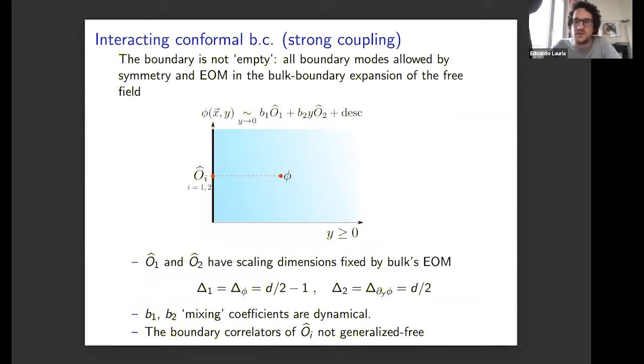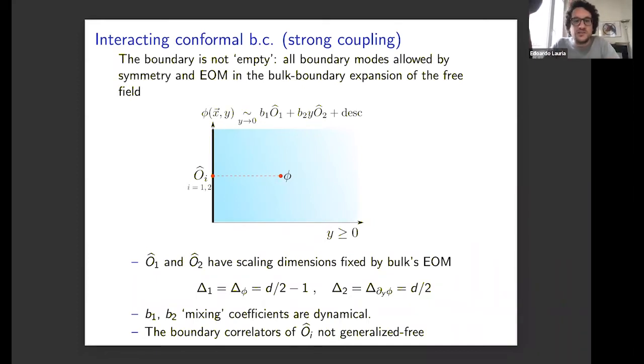And I apologize because of course I'm not being rigorous here. What I'm saying here can be proven, and you can find it in my paper from 2020. But I will not discuss the non-perturbative proof. I'm just discussing the outcome. So what happens is that